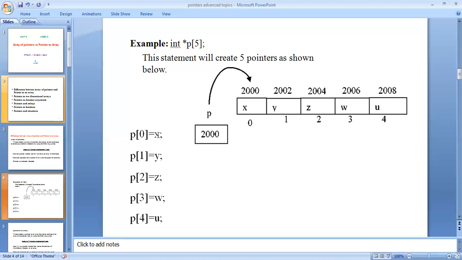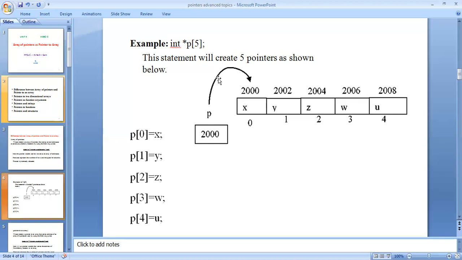X is assigned to the pointer at index 0, and y is assigned to the pointer at index 1. The initial address of the pointer is 2000, so x is stored at memory address 2000, and y is stored at memory address 2002.